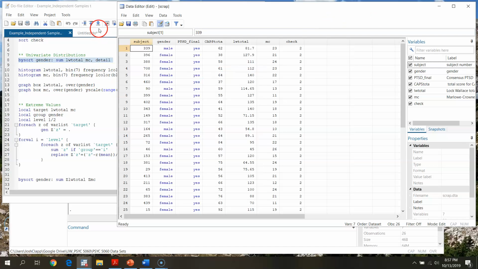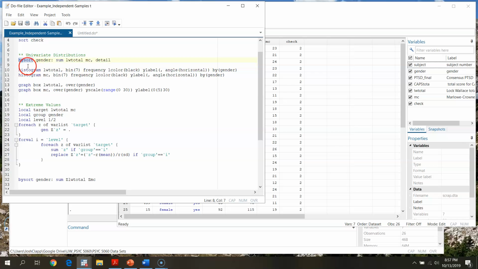To do that, we're going to use this bysort command. For many commands in Stata, we can hit bysort and then indicate the grouping variable we want to split things apart with, and then run our summary command. So here we're saying bysort gender, so split it by gender, and then summarize Locke Wallace, Marlowe Crown, and then this detail command. So we hit comma detail. This will give us skew, kurtosis, and a bunch of other statistics that could be helpful in certain situations here. Okay, so I'm going to run this